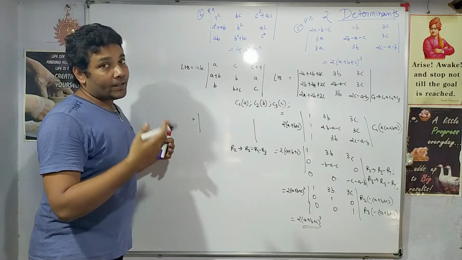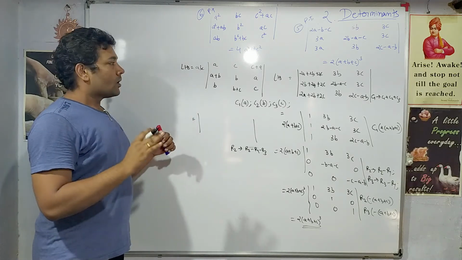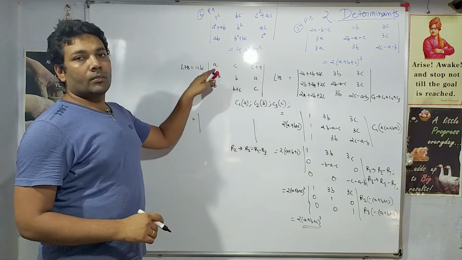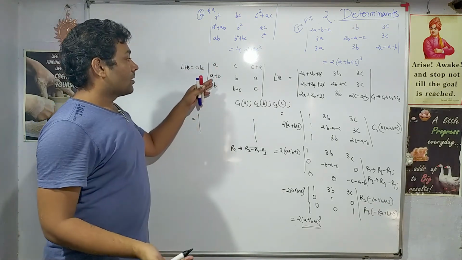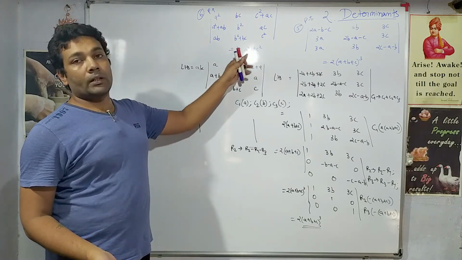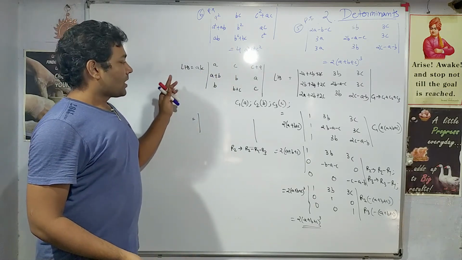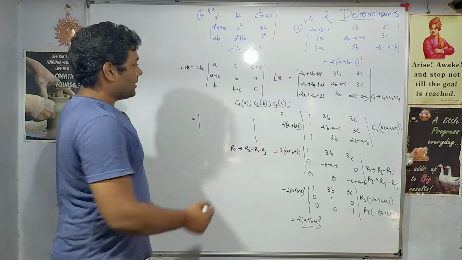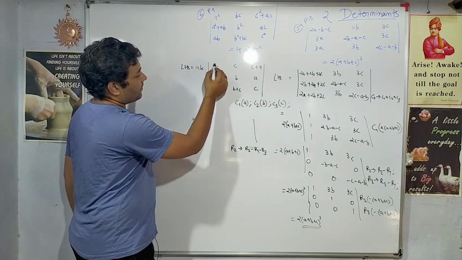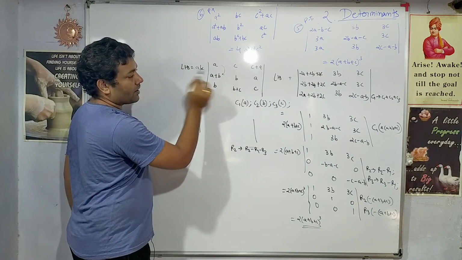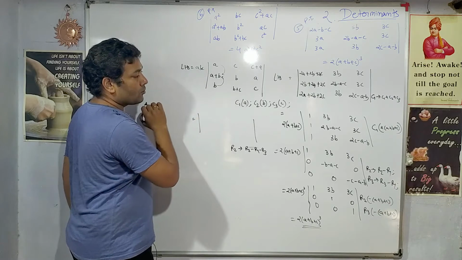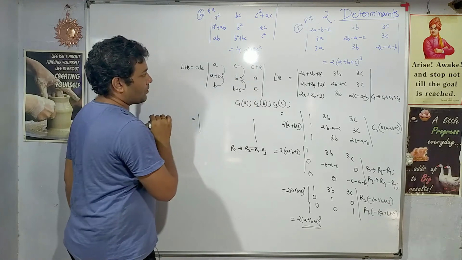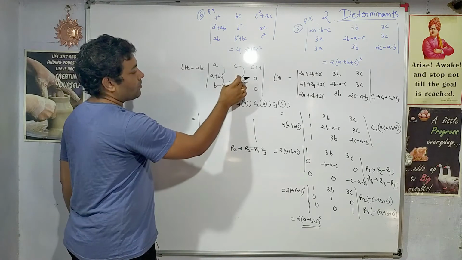How do I judge which operation to carry out? See, you should consider one of the columns, and from that column you should identify how you will get whatever is required to be proved. So the first step got me abc common. Now again I want abc, right? So I thought that if I do the subtraction here, so minus a, it will become 0. Here if I do minus b, it will become 0. This subtraction and this one also, if I do the subtraction here, it will give me minus 2c.